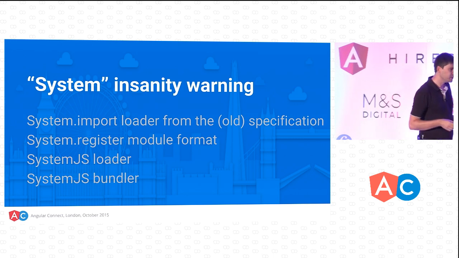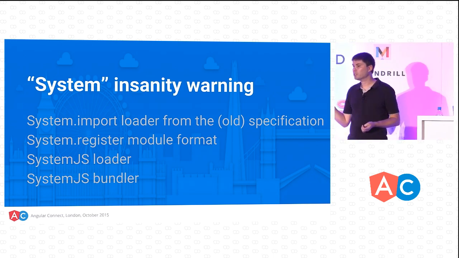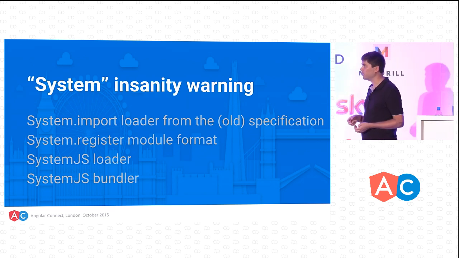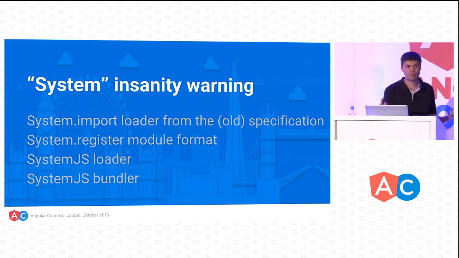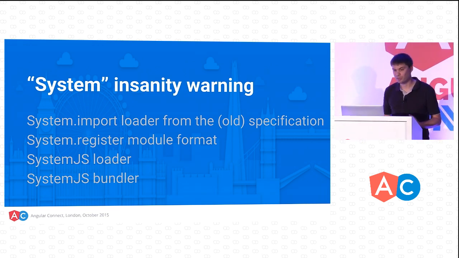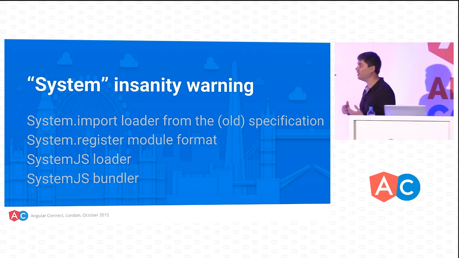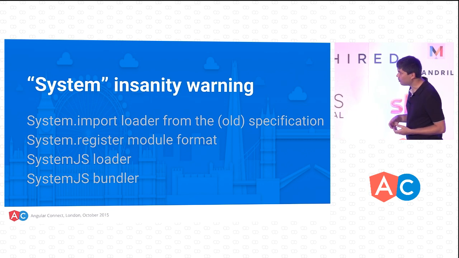On one hand, it means System as the namespace for the import method that we used to have in the ES6 specification. System.register is the name of the format that we just saw before. We've got the SystemJS project, which is trying to act as the loader polyfill.